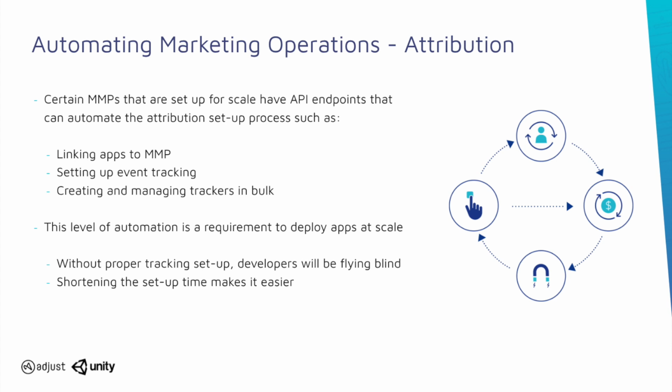So it is fairly vital for the MMP itself to be able to support automation as a function of measurement. So you can have the capability to create trackers and apps in a way that enables the advertiser to scale. Because a lot of modern advertisers deploy a lot of apps, and it's important to be able to figure out how you deploy measurement and attribution when you need to release a lot. And having attribution that can support that is the required foundation.